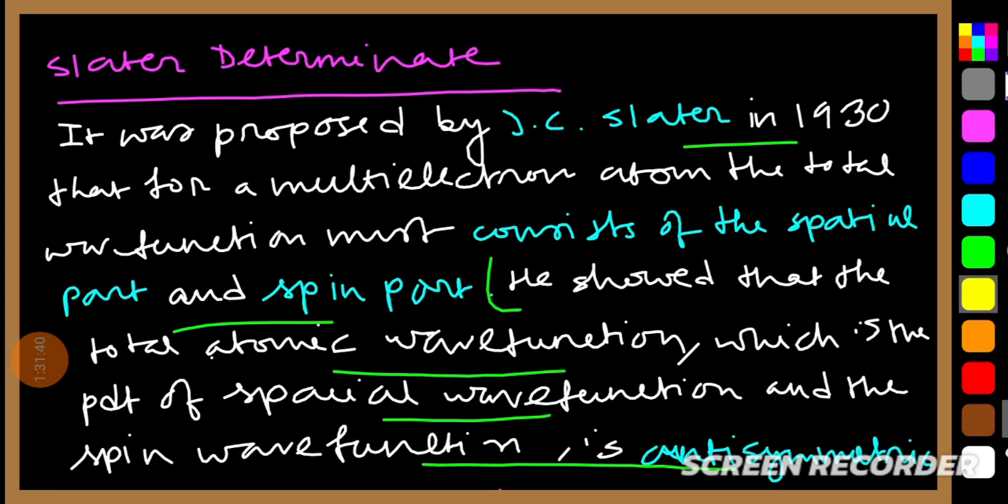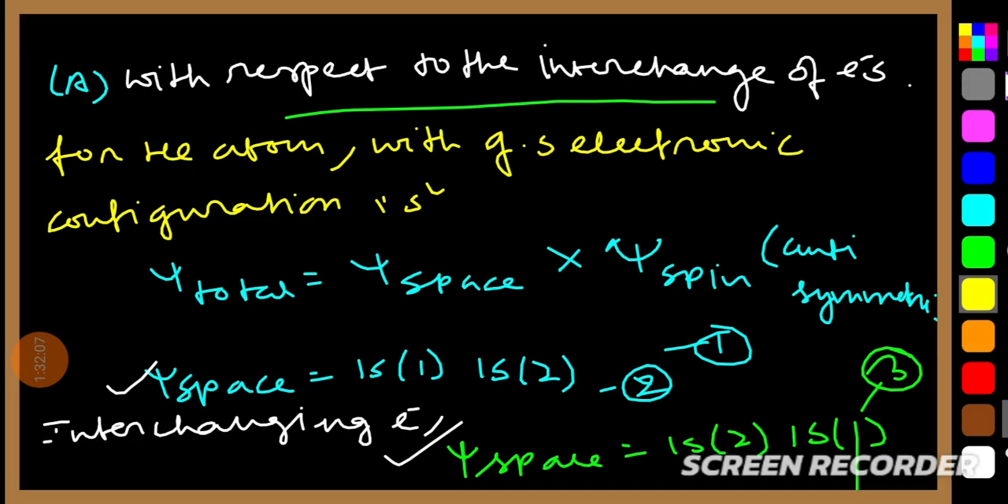স্পেশাল পার্ট আর স্পিন পার্টের গুণফল। ওকে, now for helium atom with ground state electron configuration 1s², psi total equal to psi space into psi spin, antisymmetric. তো psi total বলতে কি বোঝায়? psi space into psi spin, যেটা হয় অ্যান্টিসিমেট্রিক। এবার psi space equal to হয় 1s1 1s2, ইন্টারচেঞ্জ করলে কি হবে? psi space equal to 1s2 1s1 হয়েছে। তো বোঝা গেল? তাহলে শুধু ইন্টারচেঞ্জ করলে এরকম হয়, কোনো সাইন কনভেনশন চেঞ্জ হয় না।